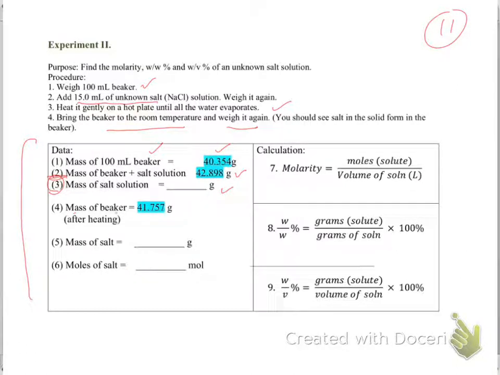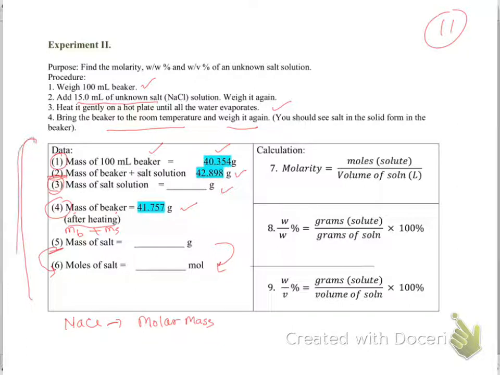Then the mass of the beaker after heating is, let's say, this. Now this mass of the beaker after heating is basically the mass of the beaker plus the mass of salt. So I know the mass of the beaker and the mass of the beaker plus salt. Then can I calculate the mass of salt? Yes, you do that. And then you convert this mass to moles, and to convert mass to moles you need to know the compound, and we are using salt. So that means you will need the molar mass of the salt, which you can calculate. We are just converting mass to moles.